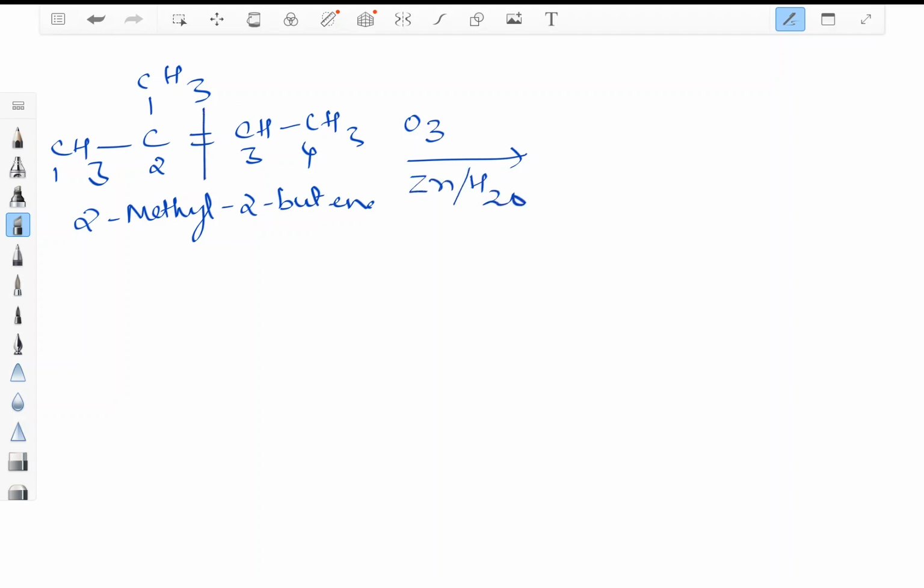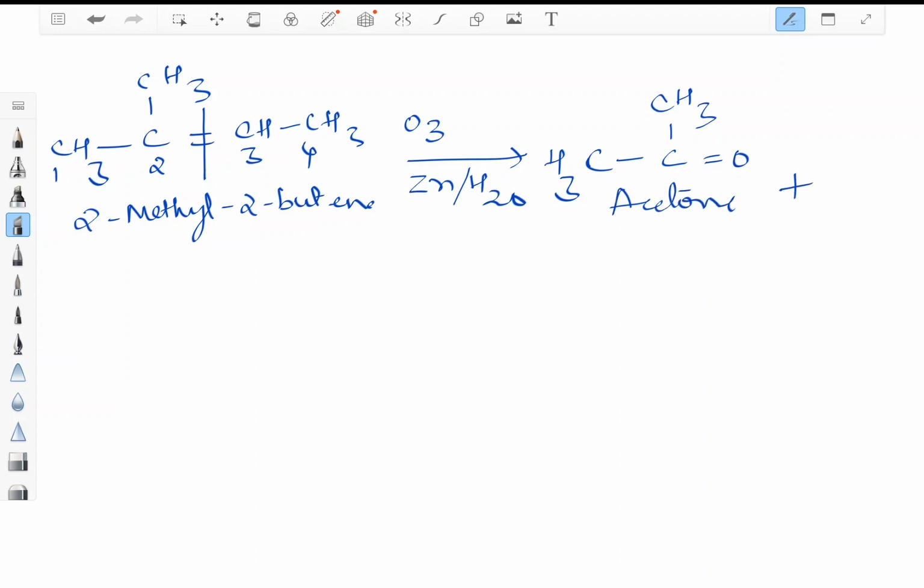Here oxygens are going to be added. CH3 C double bond O CH3, acetone,